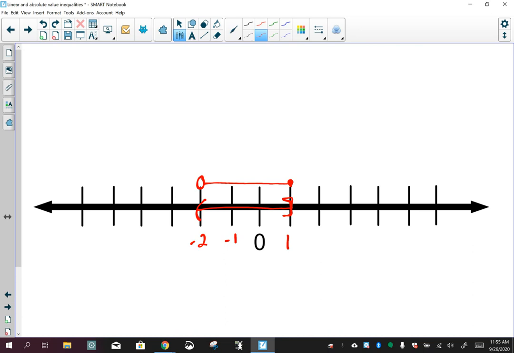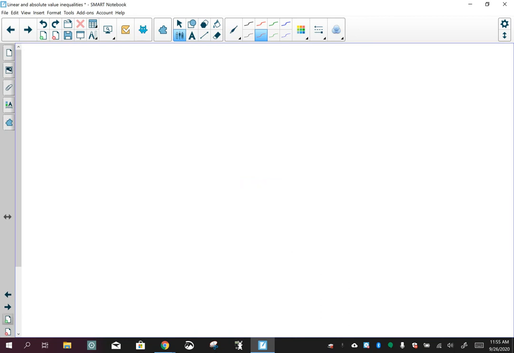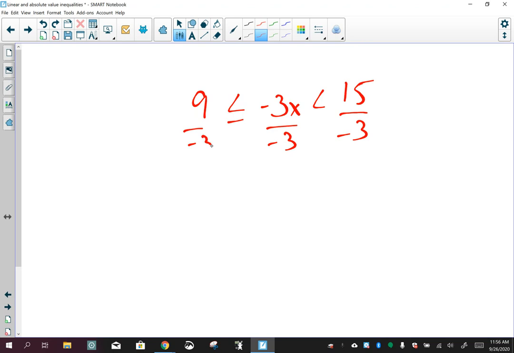All right, so linear inequalities are pretty simple. Not much you have to do. You just have to remember if you ever divide by a negative that you are flipping those signs. If you ever get a problem, let's go 9 less than or equal to negative 3x less than 15. If you ever get this and you have to divide through by the negative, make sure that you have a true statement, because sometimes when you divide through by these negatives, it comes out to be a false statement,